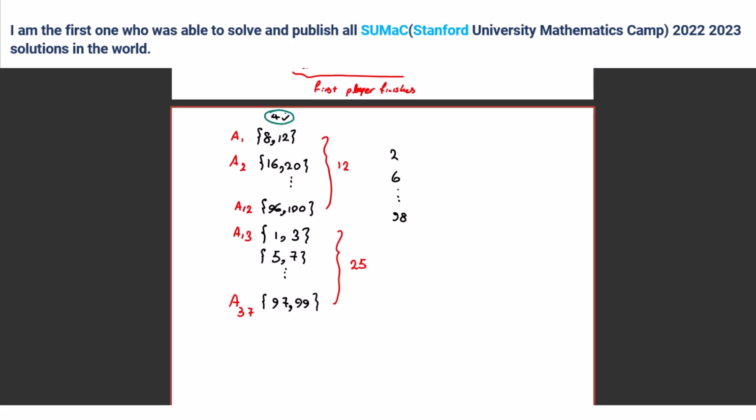So in the first step, the first player takes 4, and then the second player cannot take any of these things because then in that step he will be the loser, right? Yeah. Then you say if the second player takes any number from here, then you consider the pair of that number, right? Yeah. Again, after your step, the sum will be a multiple of 4, right? So by this strategy, always after your turn, the sum will be a multiple of 4, right? Yeah. So because you have always a choice,